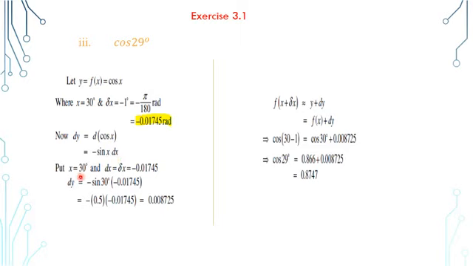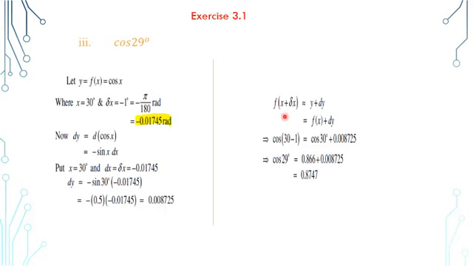Replace the value: dy is equal to minus sin x, x is 30 degree and the value of dx is minus 0.01745, and sin 30 is 0.5, minus 0.5 minus 0.01745, that is